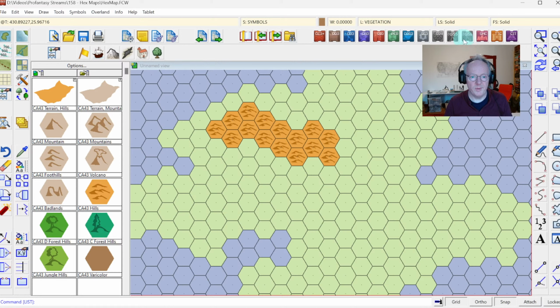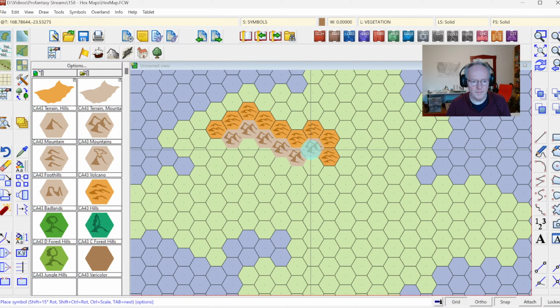Perhaps it just works if you're on the same layer. Let's give that a try. Say I wanted to replace some of the hills with mountains. Let's have a look what happens. I'm going to grab the mountain hex and just draw this across here. There we go. It doesn't work at all. Okay. Am I on the wrong